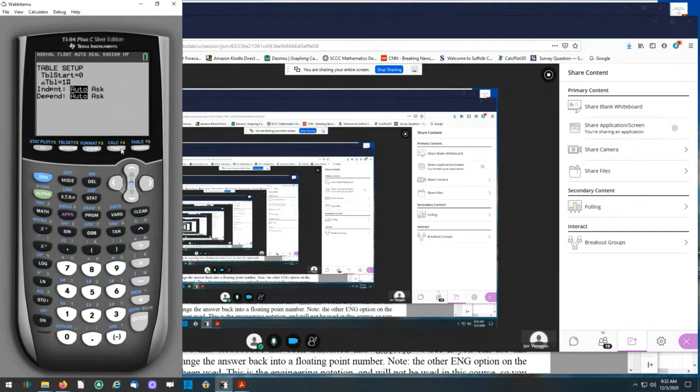And then if I look at my table, it's going to start at x is 0 and increment going in increments of 1, and it's showing what you have. And at x equal to 3, you get the error message. That's not as easy and as elegant as Desmos, but there are ways around it using this calculator. So I just figured I wanted to show that to you. So two different ways of looking at it